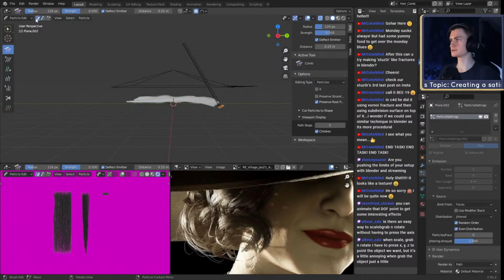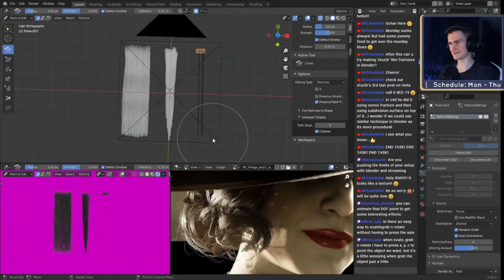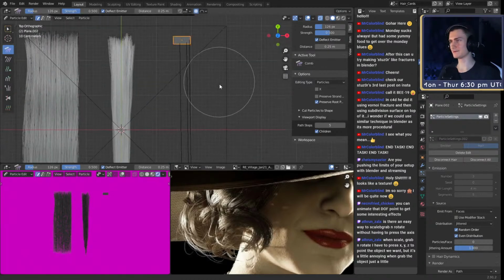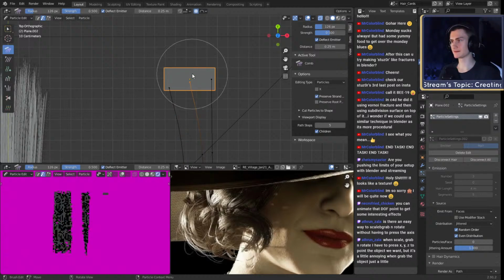Select all of them, or just switch to this one. Path step 5 and zip, zip. Oh no. Tries to resist again. There's no resistance where I live. Oh. They're quite close together. We can adjust that though. We can just select this one. Preserve root strand. Nope. And move it over. This one as well. And there we go.